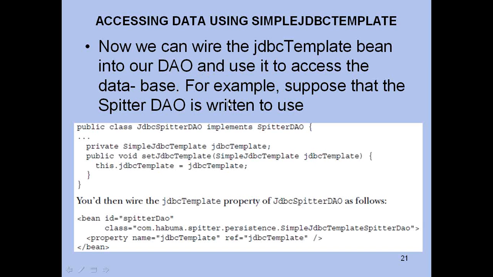For example, suppose that the splitter DAO bean is written to use it like this. You can then wire the JDBC template property of JDBC splitter DAO directly like this. You can also inject the JDBC template directly into this class.